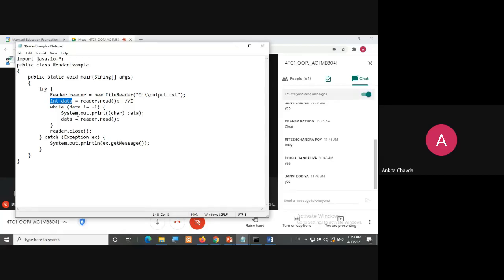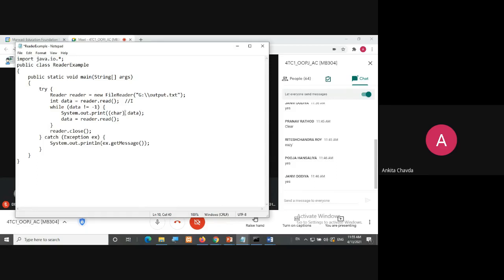Yes or no? I cannot write here char c = reader.read because read is not returning the data in character form. It is returning the data in integer form. Now I'll read here while data is not equal to -1; till then it will read the data. So System.out.print, and I'll show that data as a character.